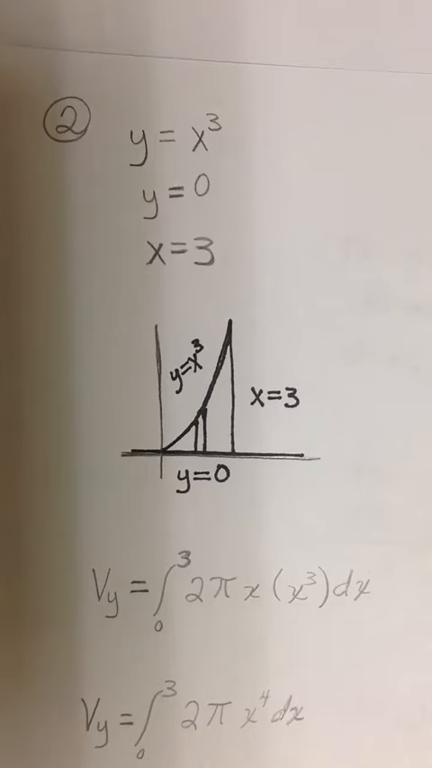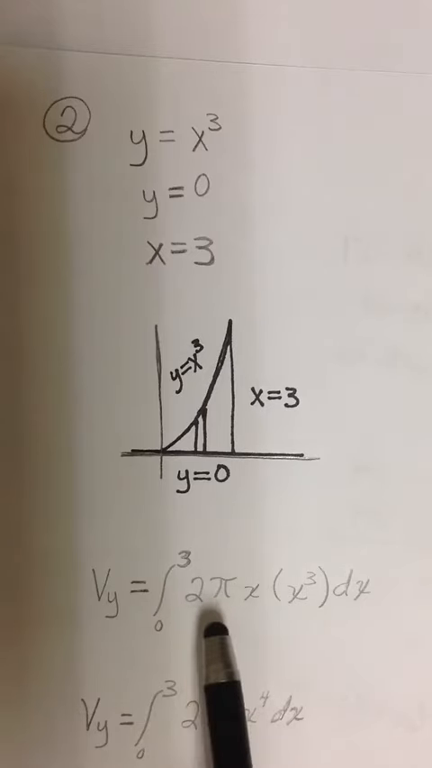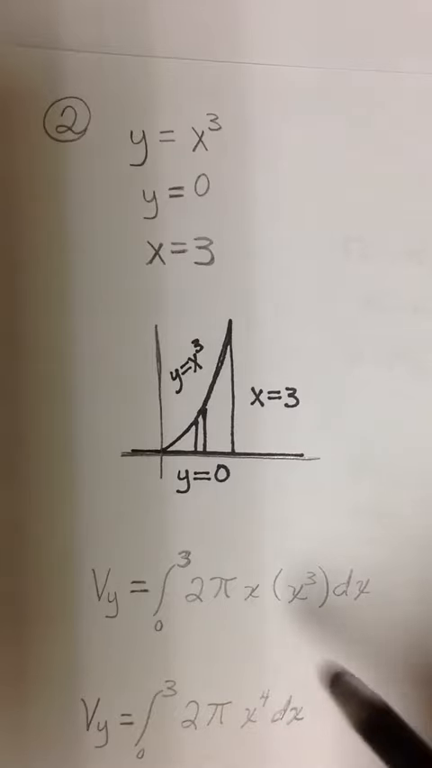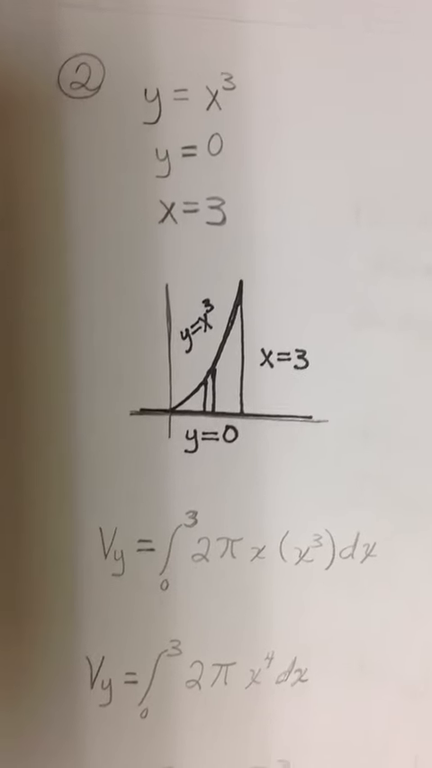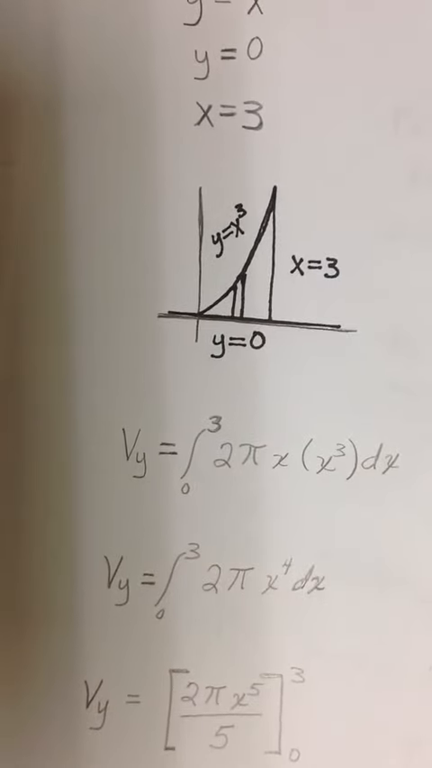So we have for V of y, we're going from x is equal to 0 to x is equal to 3, and we have 2 times pi times x, and it's going to be a positive x since we are over in the first quadrant, times the height again, x cubed dx. And so we're taking the product, we had that V of y is equal to the integral as we go from 0 to 3